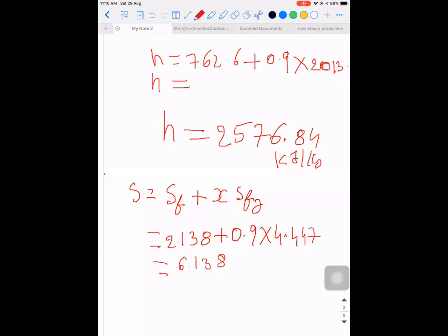Means to say you are not doing the problem. Please do the problem and we may get a variation from person to person. There is not at all a big issue. We'll do the rounding up and we'll follow with any acceptable value. 6.138 kilojoule per kg Kelvin. This is the point you have to keep in mind.